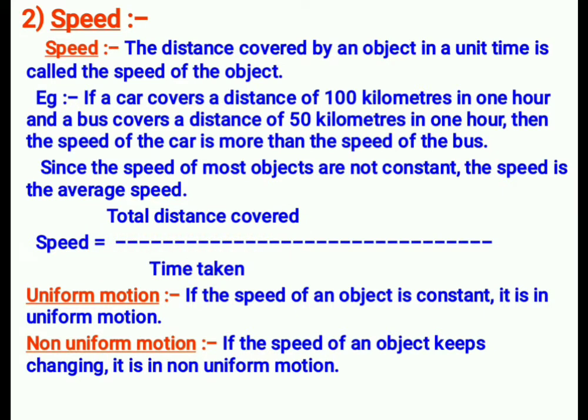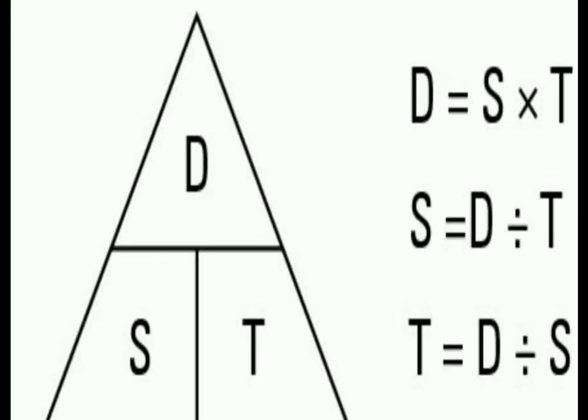And today I want to show the way how to remember the formulas for distance, speed and time. Okay, so can you see this triangle? In this triangle they have given d, s, and t. So here d is equal to s into t. So you can easily remember this. Just put a triangle and write d, s slash t.